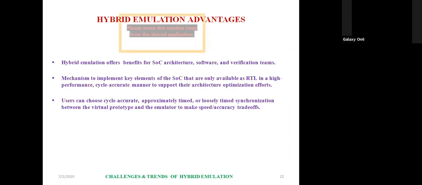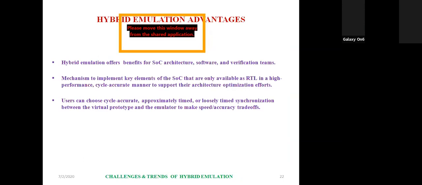Here we can see different benefits for software, that is software verification and SoC architecture. You can see it as an RTL at high performance. You can use time-driven mechanisms to support the architecture in a cycle-accurate manner.